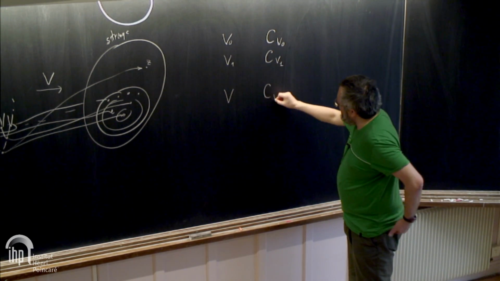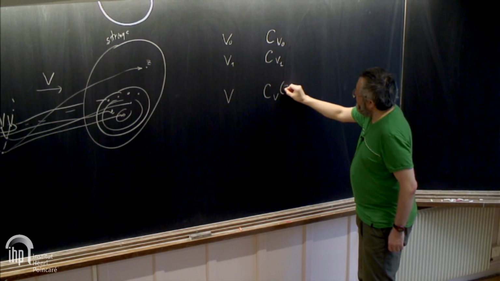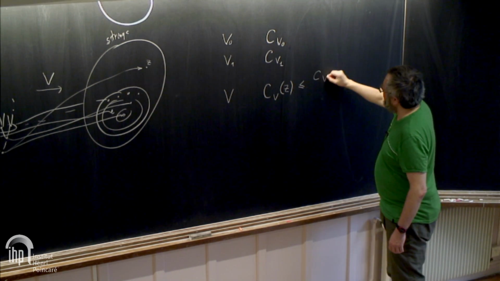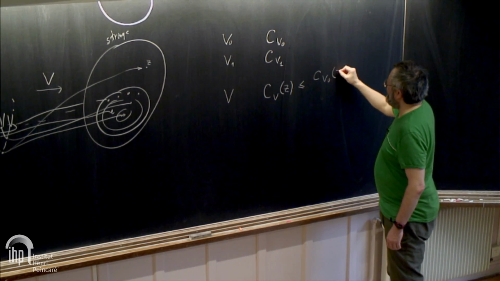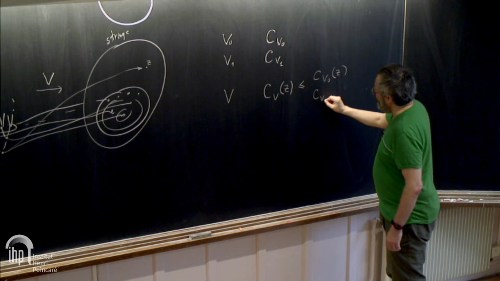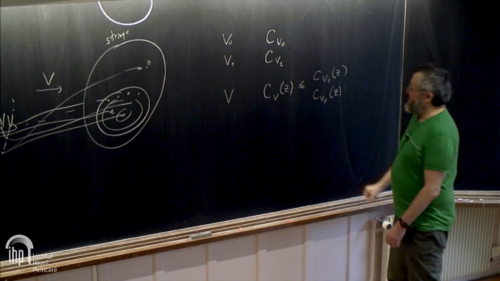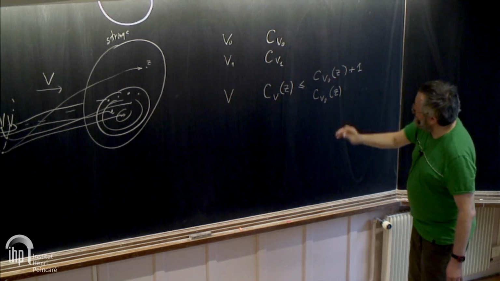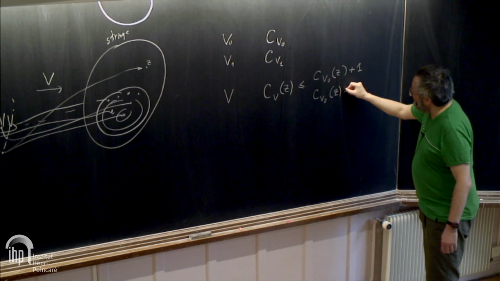So we want this function C_V to be smaller than both C_V0 and C_V1. But of course, it's not possible without some